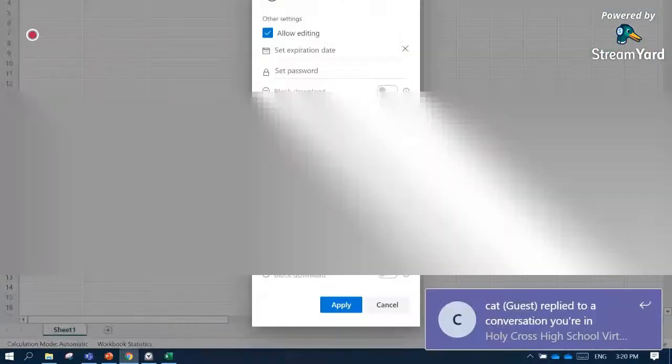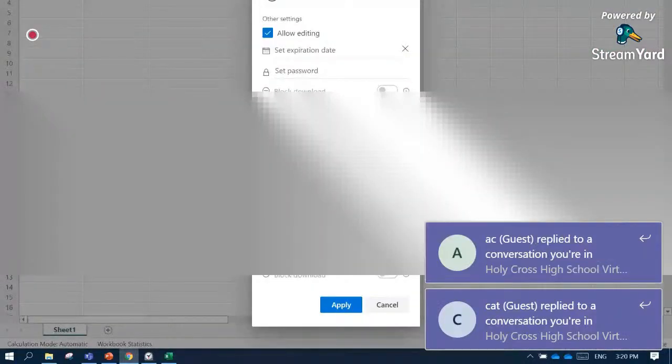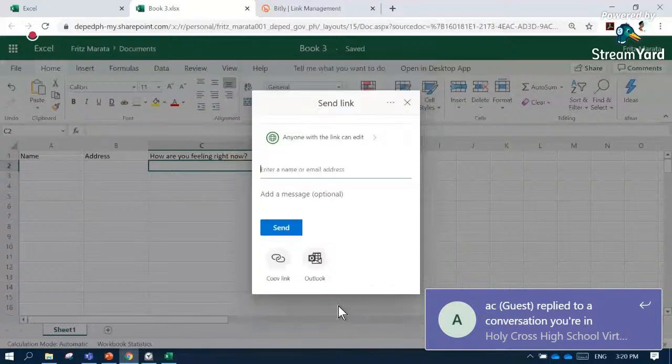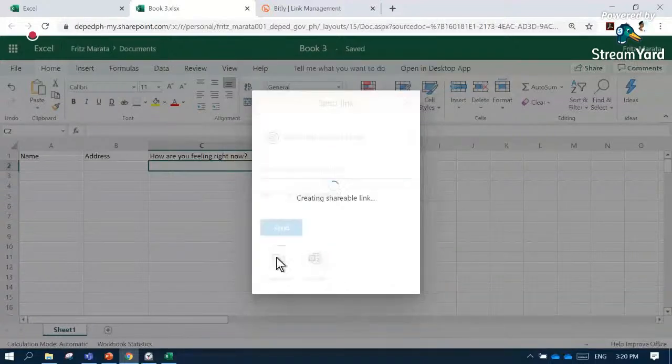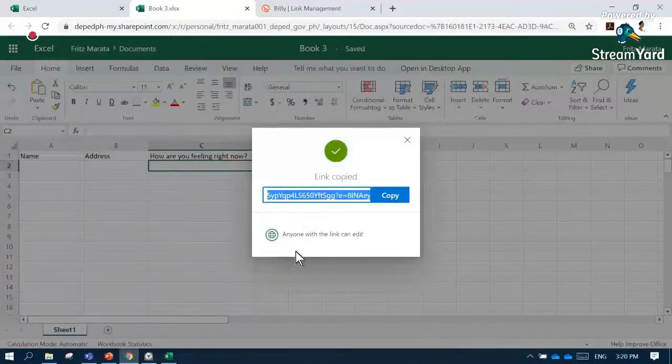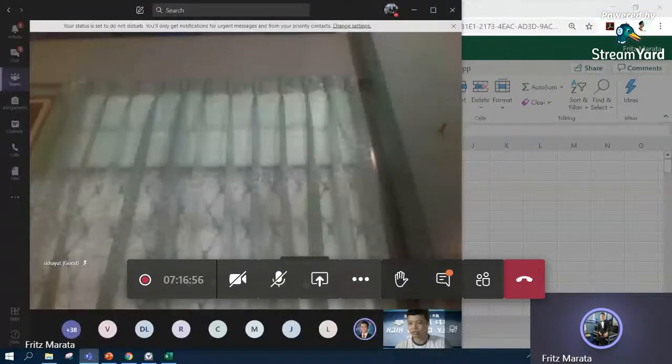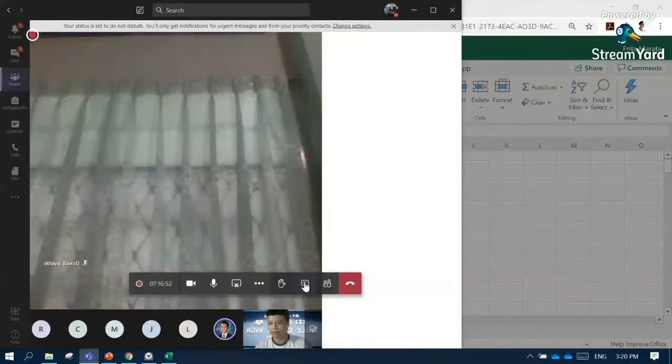You click anyone with a link, then allow editing, then apply, then copy link. After copying the link, I can paste this in our meeting chat, or in our conversation, so that you can access the workbook that I have created.